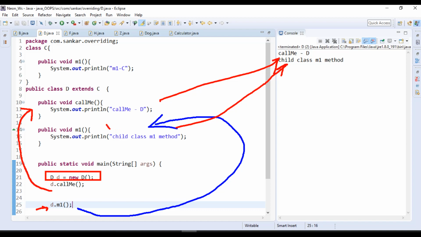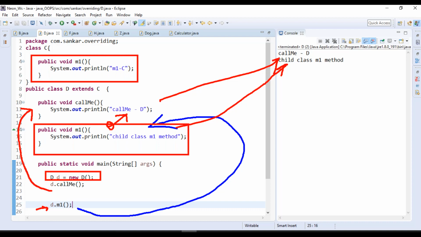So here we properly overrode it, so the definition is proper, right? Declaring a method in a subclass which is already present in the parent class, that is method overriding, right? See, this is one method already present in the parent class, and the same method is present in the child class. Observe, the method name is the same, the parameters also the same, then we can say this is a properly overridden method.